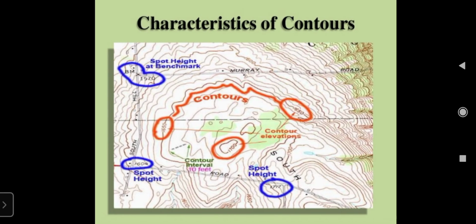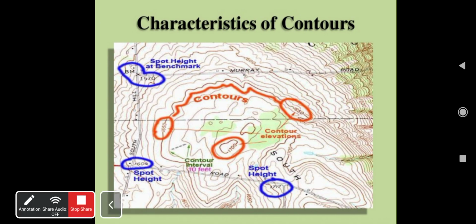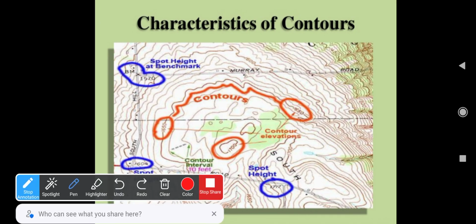Here also you can see in the image, characteristic means here 1650 contour has been given here, right? And this is also here, but here 1717 is there, 1570. So if we want, we can also use different colors, you might have seen it in the Google image, right?